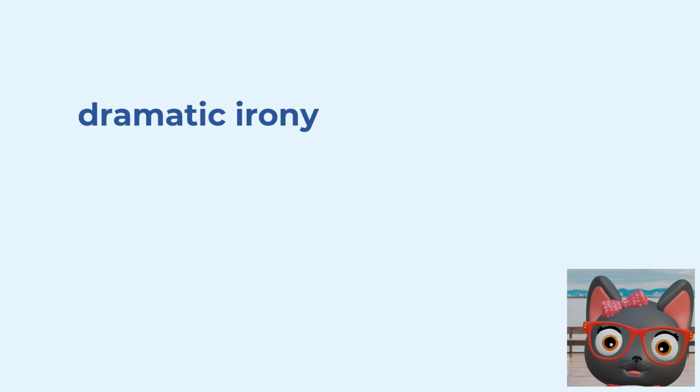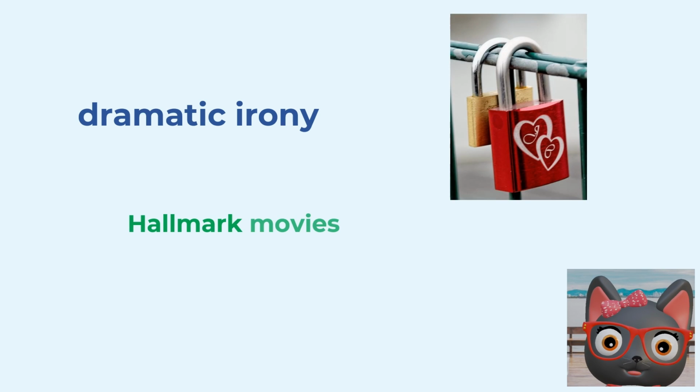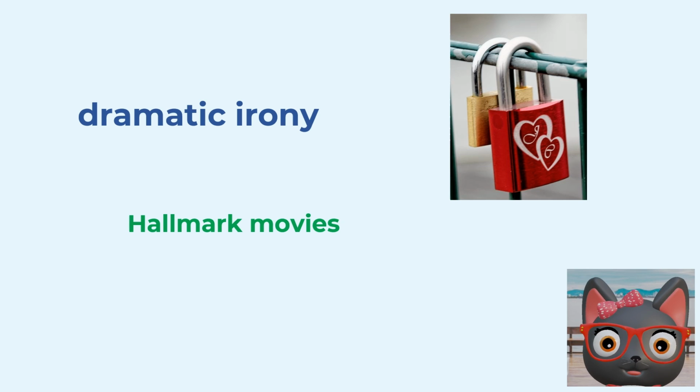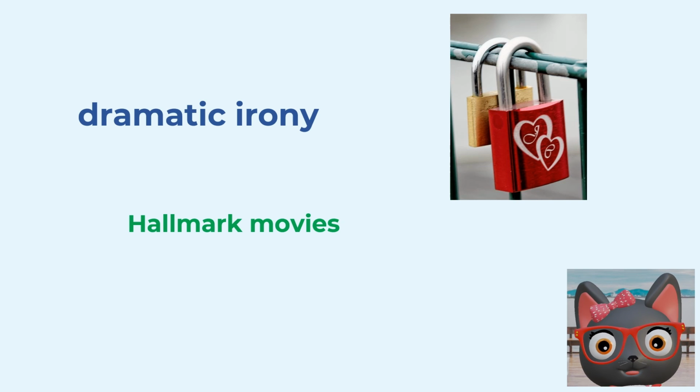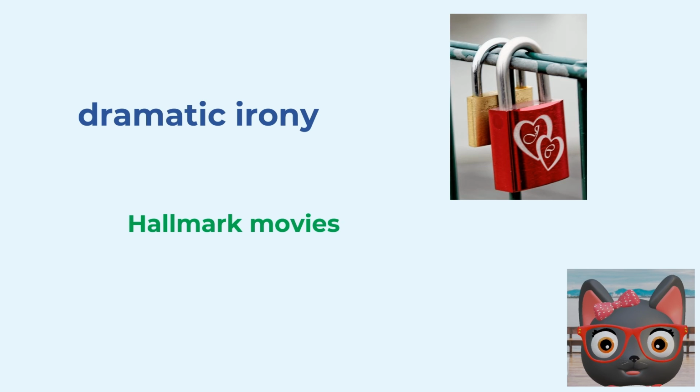Dramatic irony is when the audience knows more about a conflict or resolution than the characters do. Dramatic irony is used in almost every Hallmark movie. Hallmark movies are romance movies on the Hallmark Channel that all basically have the same plot, but are addicting nonetheless. Guy meets girl, they hate each other's guts at first, then they slowly start falling for each other. And then, to create a totally fake conflict, the guy mishears something the girl says to her friends, and the guy gets offended or feels that he doesn't really have a chance with the girl of his dreams.